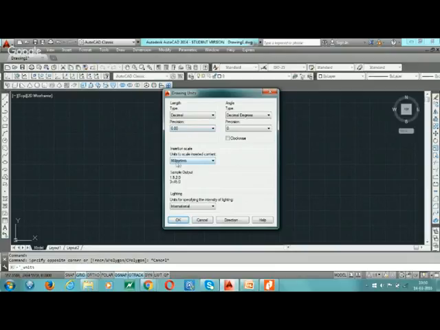Now I take millimeter, and this is for the angle. We use decimal degrees or gradients, degrees minutes seconds, radians, or survey units for civil. Now here we use decimal degrees and the precision.